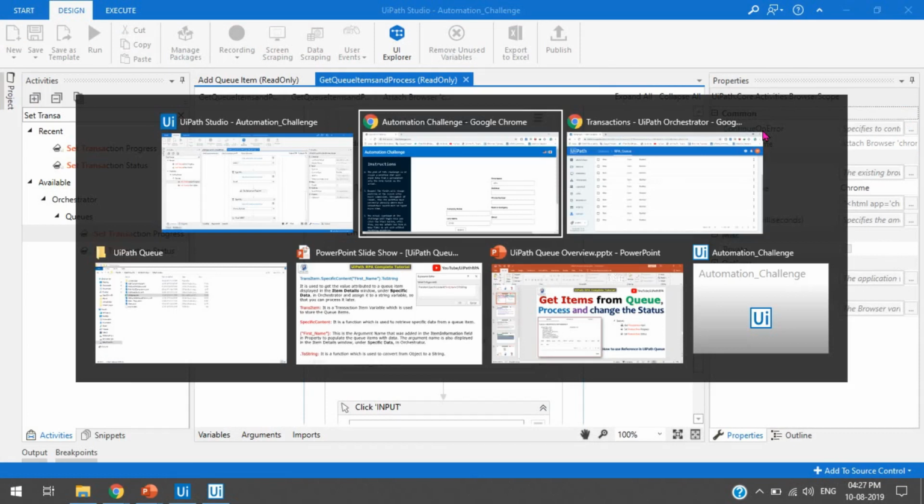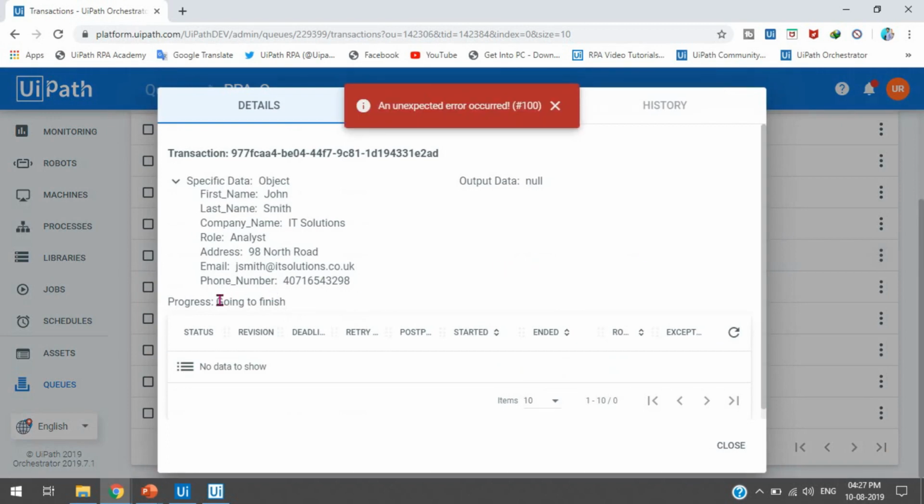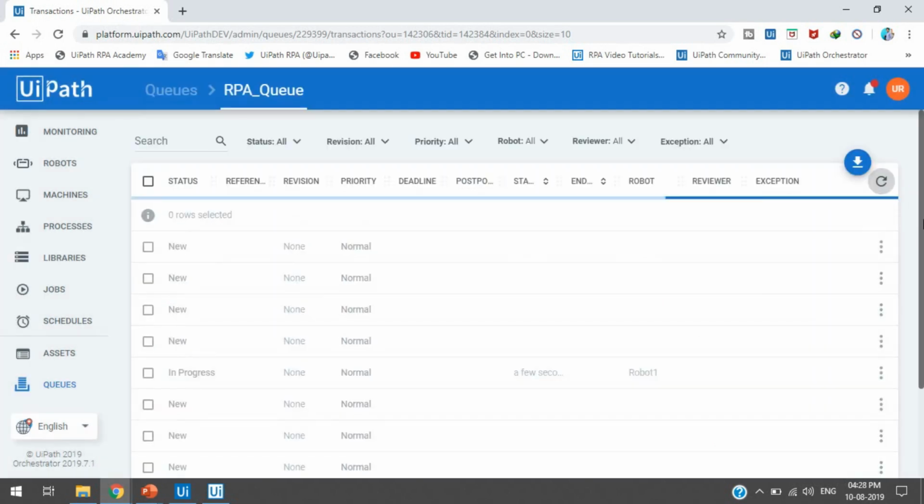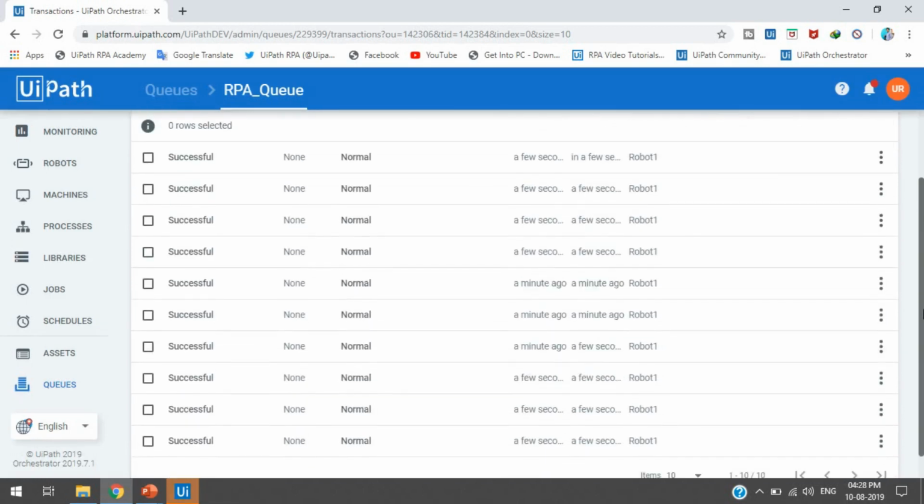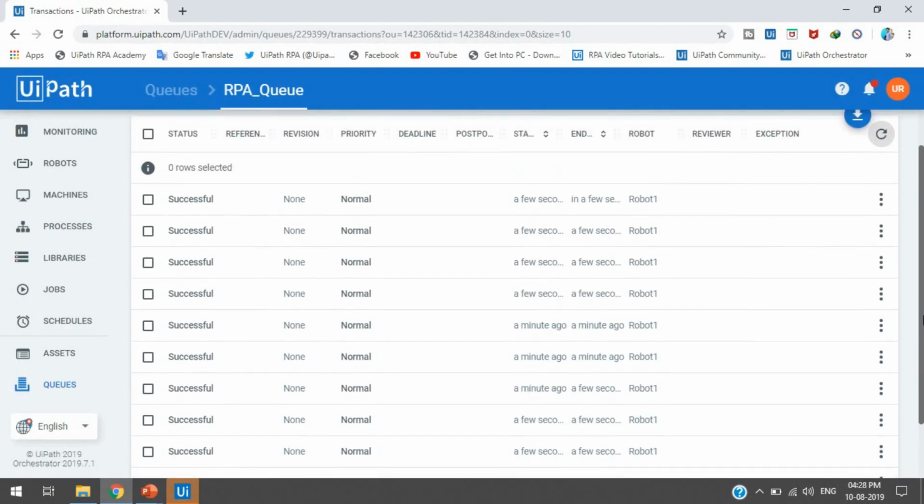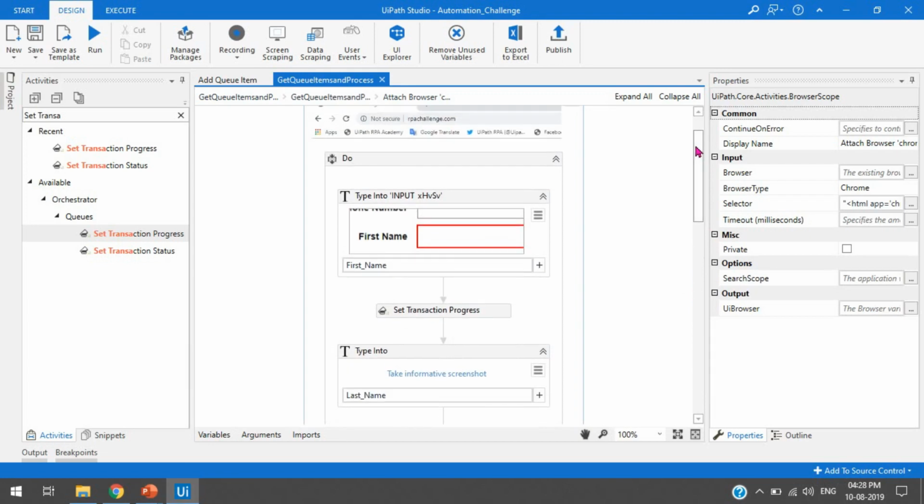So you can see here again the status that is in progress, the view details. You can see here now the progress is going to finish. This has already been completed, the first part, that is first name, has been completed. Now the progress is going to finish, and now the next one is successful, right? So it is not taking too much time because we have selected the simulate type click activity options from the property,